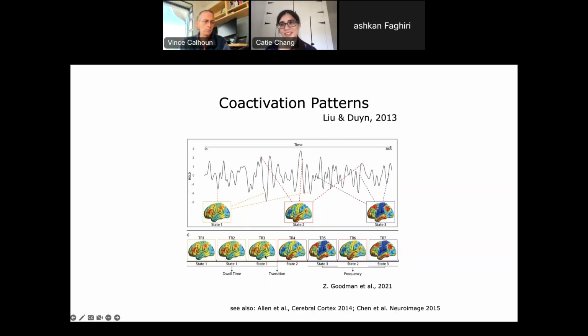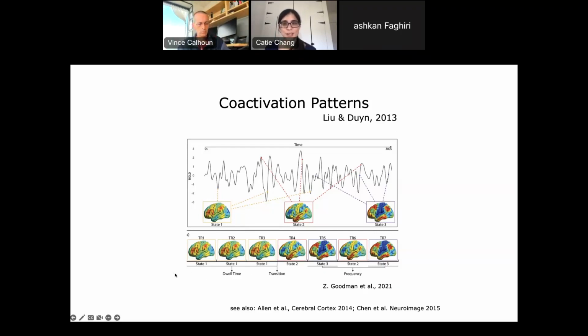And we can call those co-activation patterns, since the areas where the signals are high at the same time are essentially co-activating. And so then to describe the structure of these patterns, what was proposed in this study was to assign each TR to one of several clusters called the state, whose pattern is represented by the cluster centroid. And so then having turned our fMRI scan essentially into the sequence of states, we can look at metrics such as the amount of time a person is within a certain state in a scan, or frequency of switching between different states, and related measures, and try to relate those to